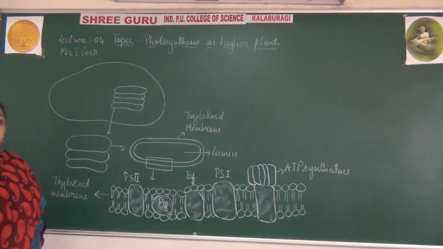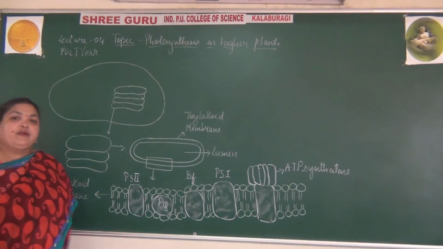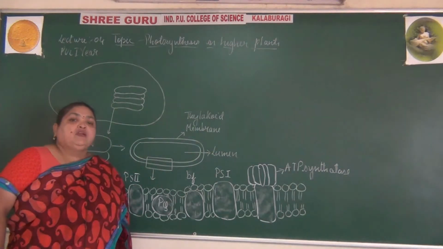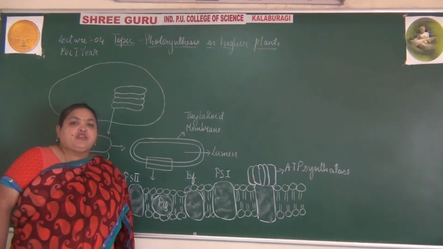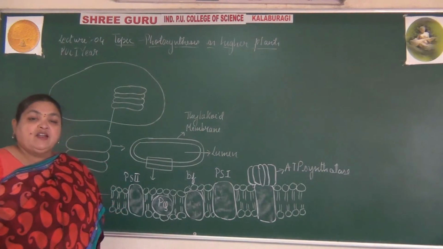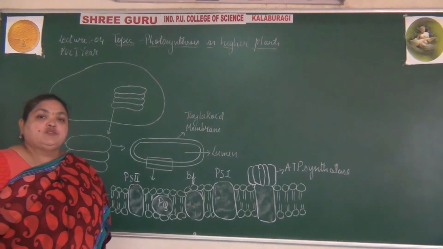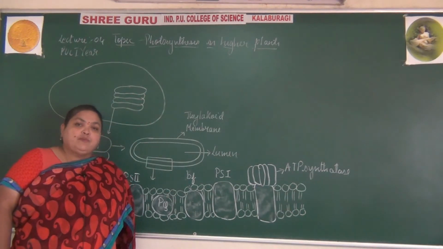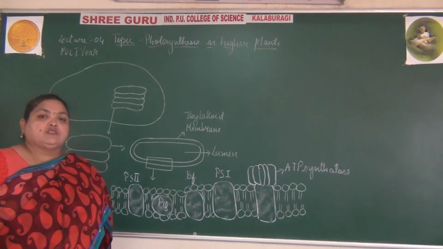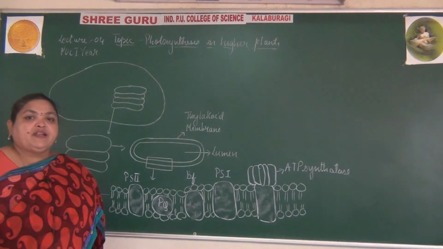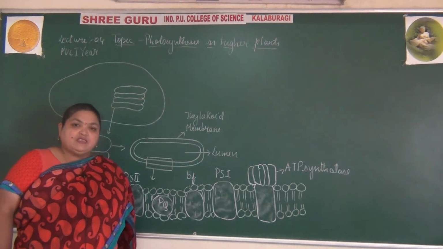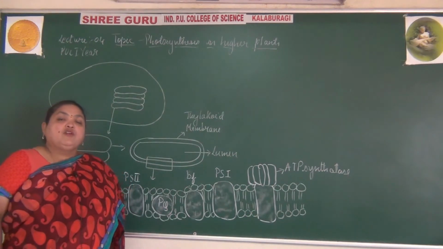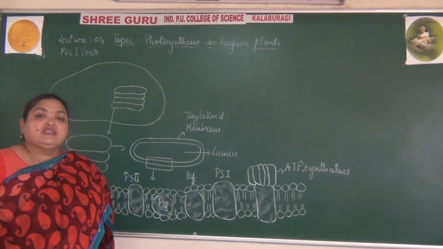Yesterday we saw the early experiments conducted by different scientists, who demonstrated how carbon dioxide is essential for photosynthesis, how water is released, why light is necessary, and that chlorophyll is necessary for